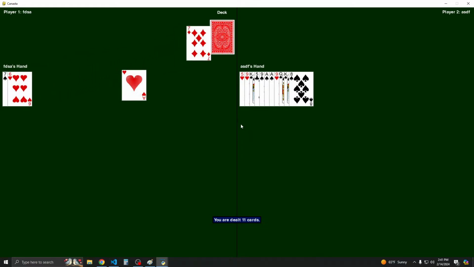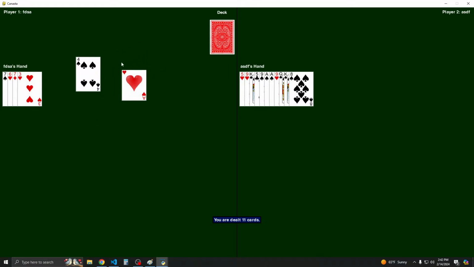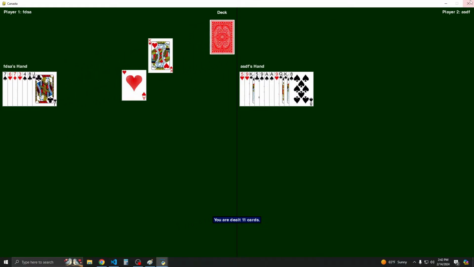Okay, so it looks like it mostly fixed it, but it didn't completely, because you see this, it left behind one card. It didn't have quite enough time to